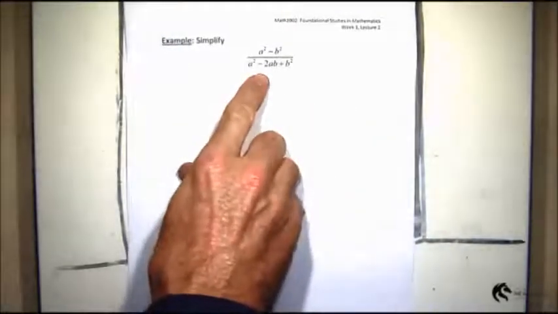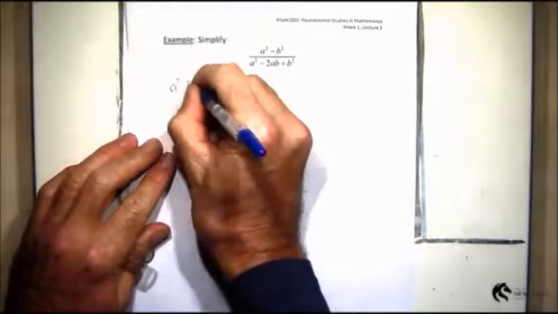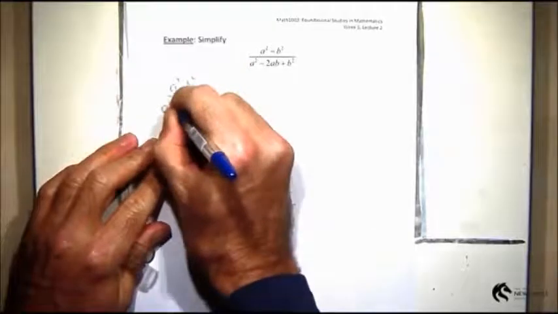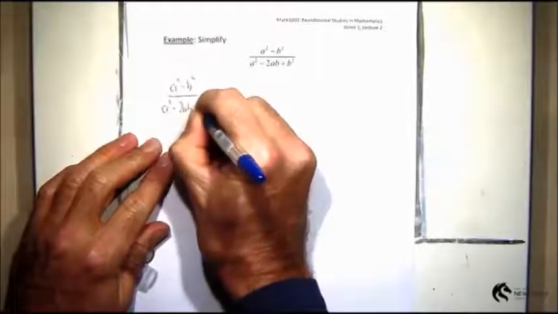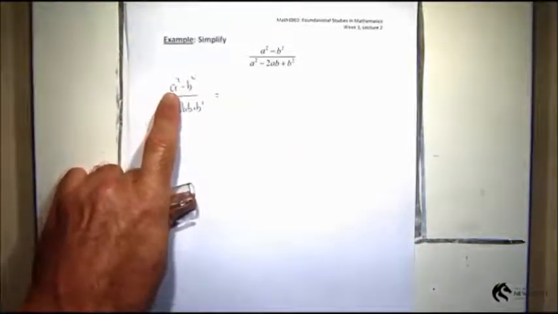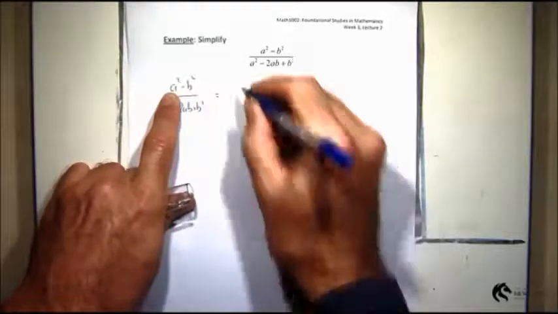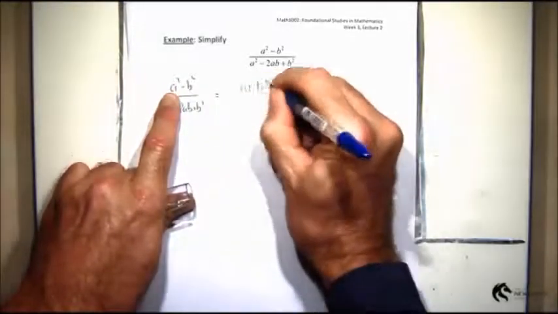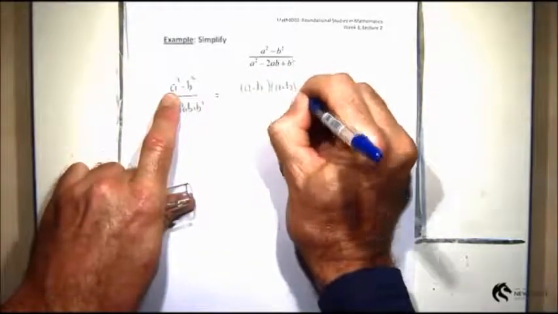Okay, now this says, use all our algebraic skills to simplify this. There's no actual quadratic trinomial in that, but that doesn't matter. We're just using all our abundant factorising skills. In the numerator, I recognise that as a difference of two squares, so I'll write that as a minus b, a plus b. And in the denominator,